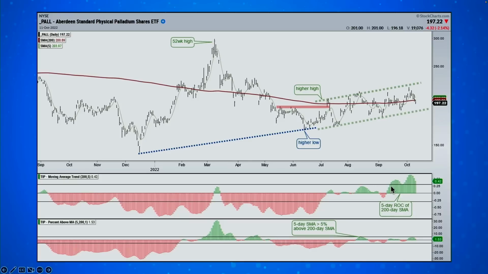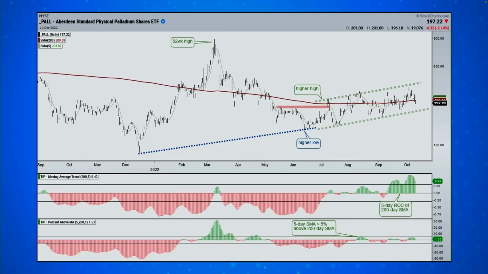And then the other one's just the 5-day above the 200-day. And I look for it to get above 5%. And if it goes below minus 5%, then that's enough of a cross of the 5-day below the 200-day to turn bearish. So when I ran this scan on these two indicators, only 10 of 274 ETFs came up as